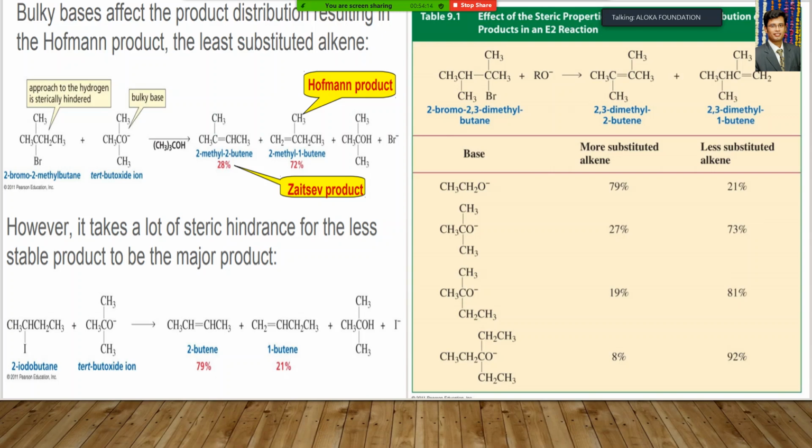So in the case of Hofmann's reaction, you get exactly the opposite of the Zaitsev product. This is the difference between your Zaitsev and Hofmann's products. The Hofmann product favors the less substituted alkene. It uses bulkier bases, whereas the Zaitsev rule forms a more substituted alkene and requires a less hindered base. These are some of the products which are formed. Please go through it: which will be the major, what are the bases, and what are the products we get according to the base and the substitution.